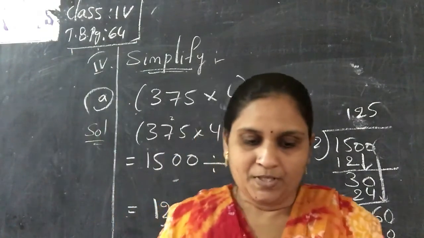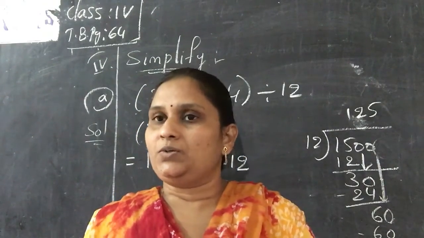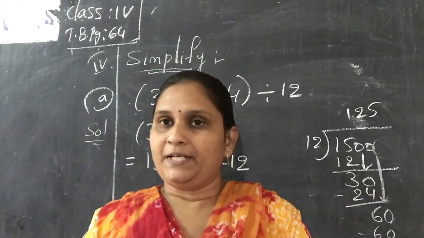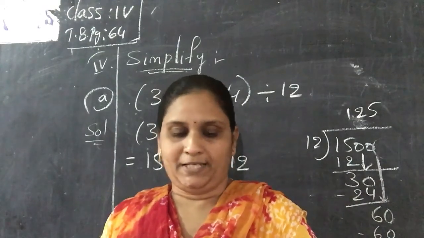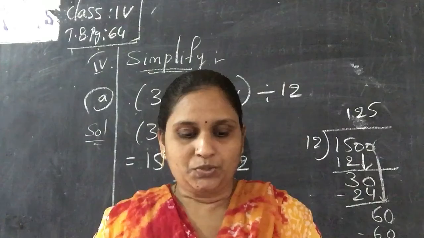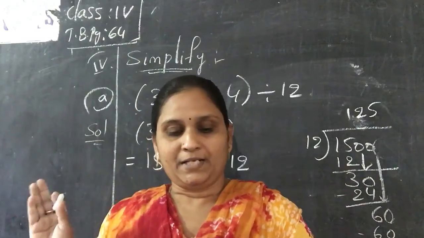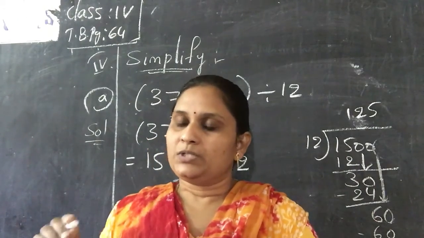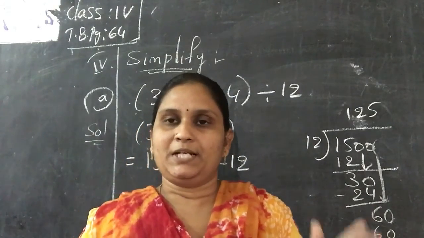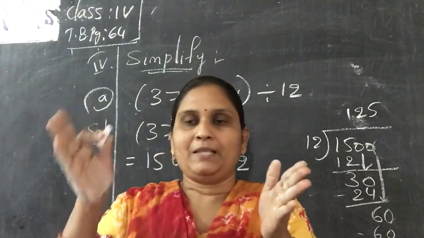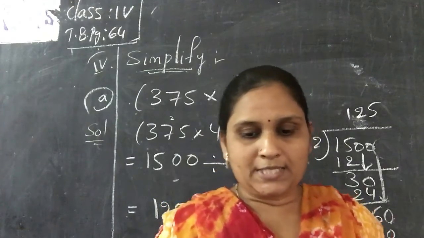And in the B sum, 1735 divided by 5 into 13 is there. First you have to do the division of 1735 divided by 5, and you will get the quotient. With that quotient multiply 13. And C1, first you do the division of 4375 divided by 25, and next in the bracket 342 into 11 is there, no? So 342 into 11, that also has to be multiplied. After doing that multiplication and division, the division quotient will be there, and the multiplication product will be there, no? Both should be added. Like that, you have to complete all the sums, children.